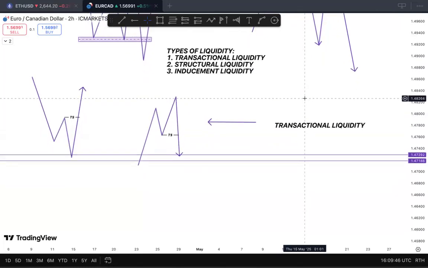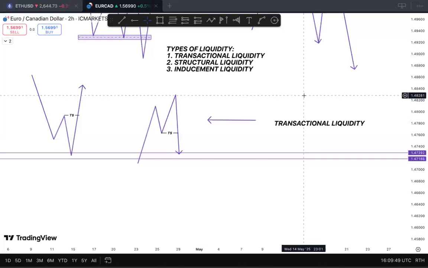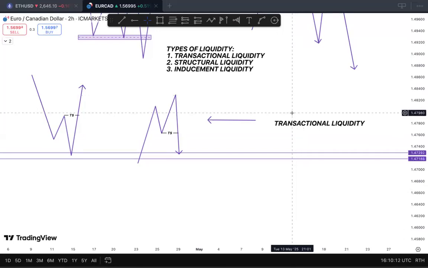The next one is the structural liquidity. So which is the structural liquidity? The structural liquidity is the form of liquidity that is being engineered by price or the market that will be used in the future as fuel to move price to either a supply zone or a demand zone. And also, it is the type of liquidity that is needed as fuel to take price from demand to supply.